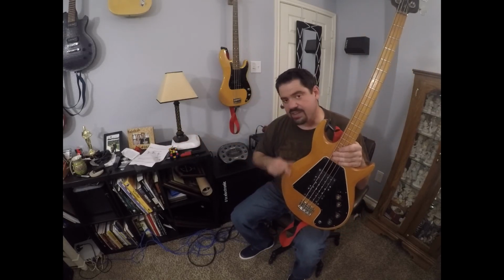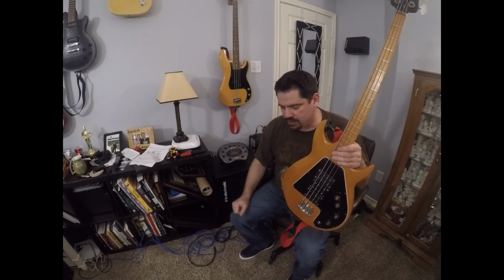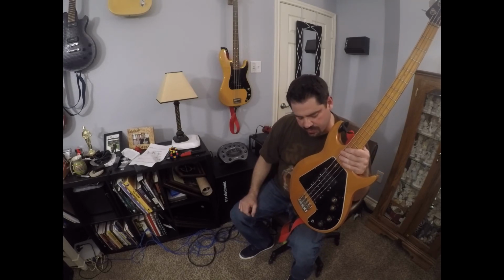But I do love the new tone. It no longer has any feedback. It's 100% quiet, which I like. The other one had a lot of feedback. And it has a unique tone, so it's pretty cool to own a bass that has such a unique tone as this now. And I will be keeping it, though it was challenging to wire it because of some of the space limitations,